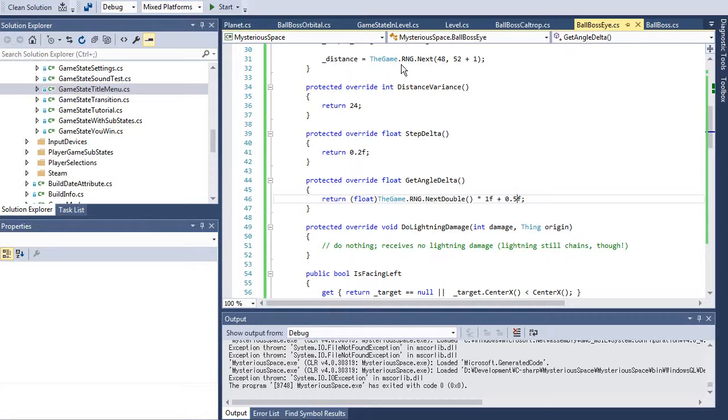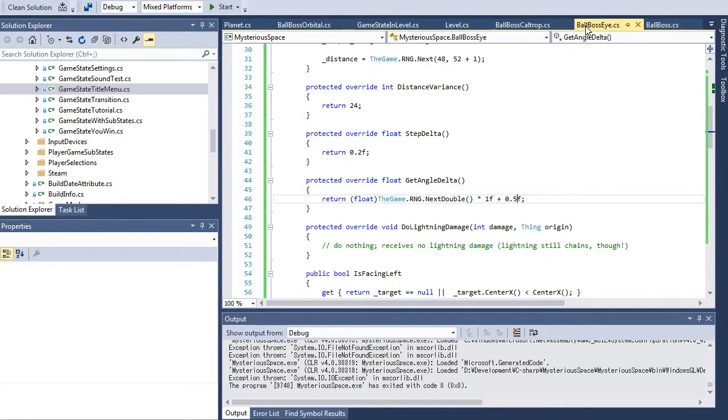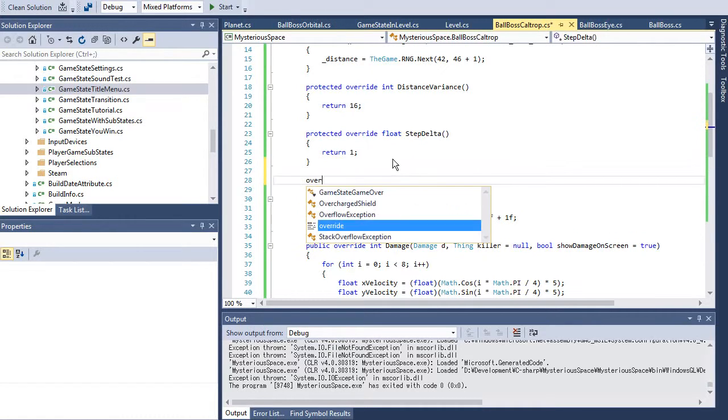Great. Let's make it so that when you kill an eye, several of the caltrops are destroyed. And I think the way to do that is that each eye needs a list of caltrops which it's responsible for, or maybe... I think all enemies have like a...